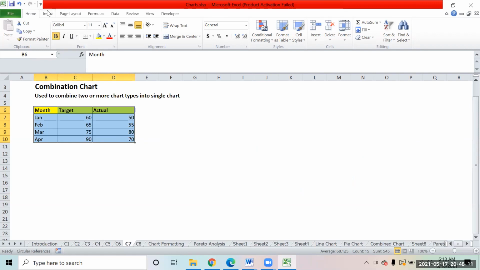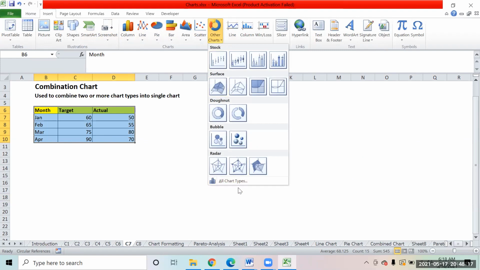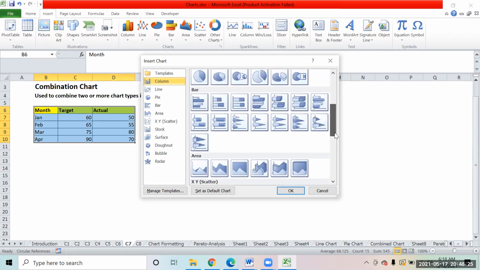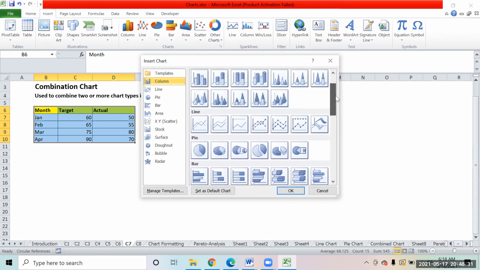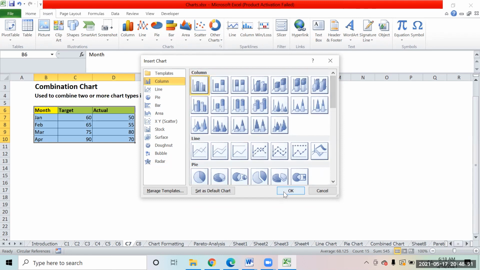So for a combined chart, if I come into Insert and Other Charts, let's show this. Actually it doesn't come in this one, in 2010 it is not available, but in the latest versions you would be getting an option of combined chart also. If you're using 16 or 19, you will find the combined chart option as well. But in my case, what I have to do right now is first create a normal chart. I am creating a bar chart like this, right?